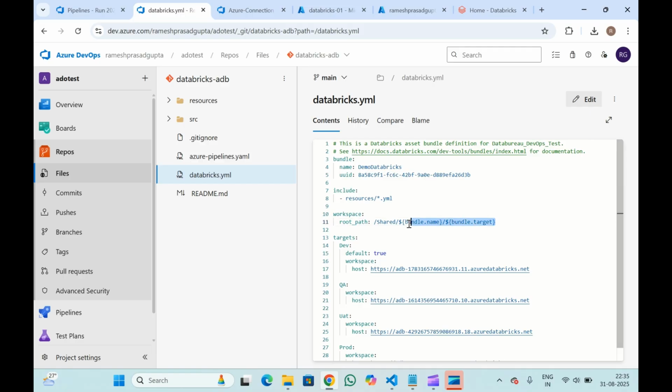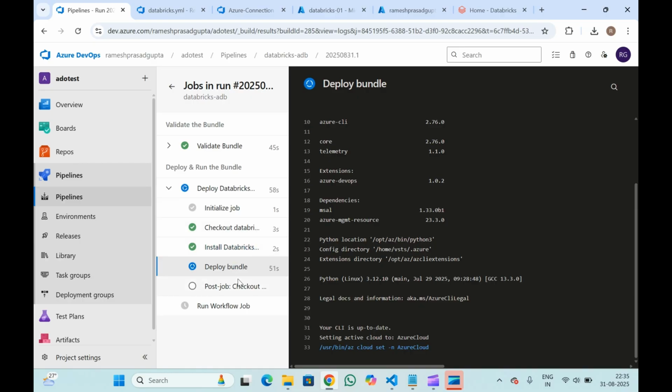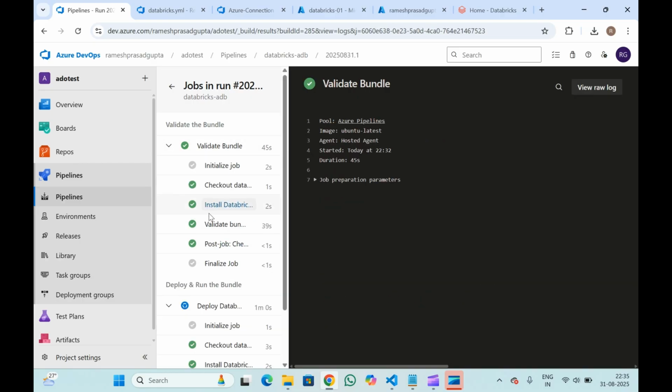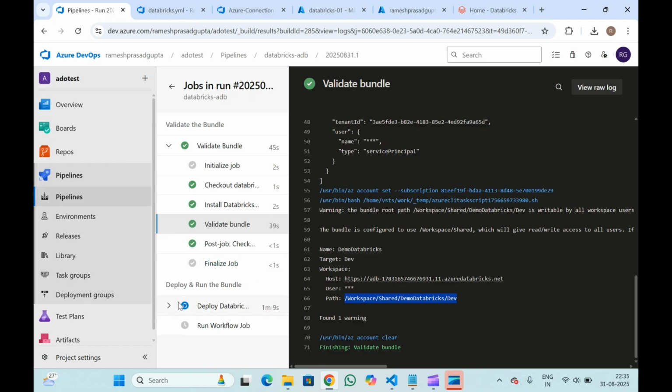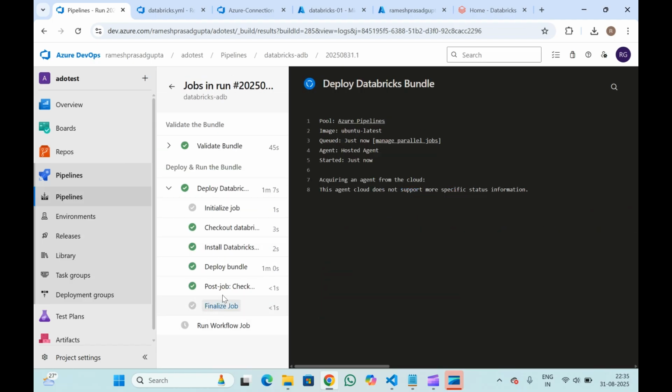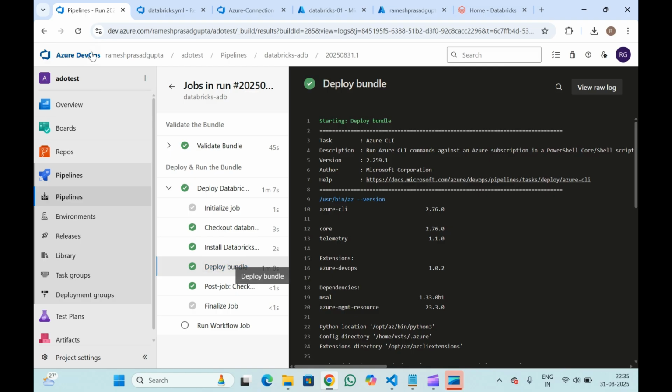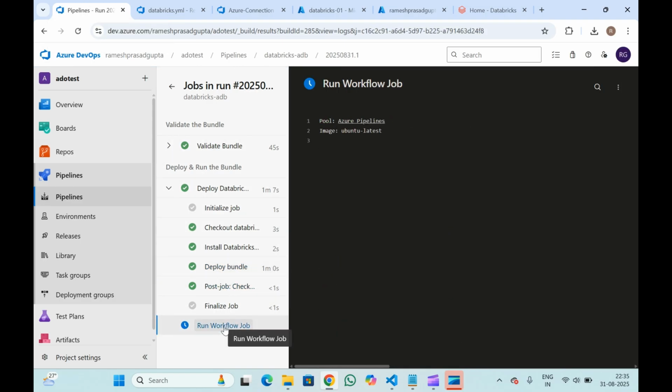We'll be checking here for our resources if they are deployed or not. If you click on validate bundle, you will be able to see the path as well. So this is the path we should be looking at when this deploy bundle is complete. Let me check. Yeah, you can see deploy bundle now is complete, and run workflow job is